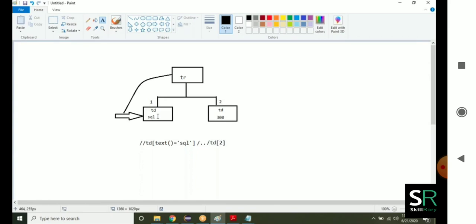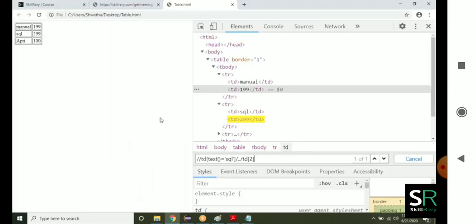Okay. Yes, I can write like this. See here, this one I can write now: /TD text function equals 299. So this one is easy. Shall I write like this? Yes, it's working now. But tomorrow if price changes, is it going to work? Tomorrow the discount is gone. Today Amazon and Flipkart have given the discount for the SQL book. Tomorrow the season is gone, that big billion day is gone, and again they will change the price of the book. It will become 300. Is it going to work? No, it is not going to work.